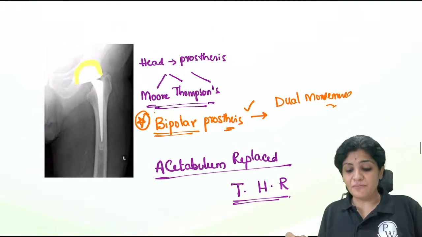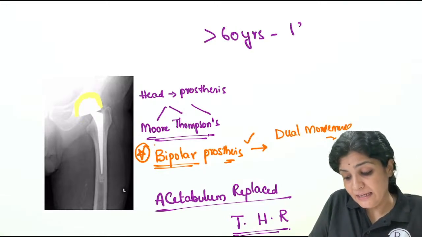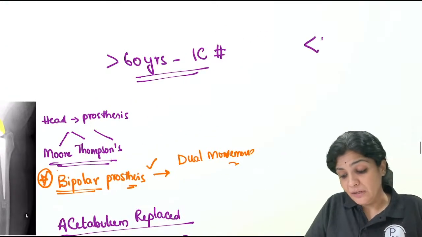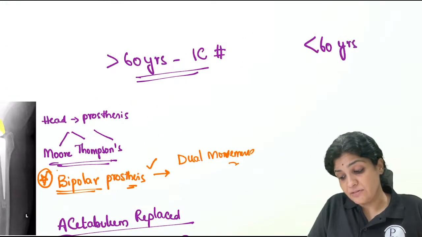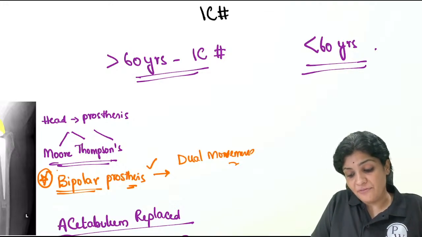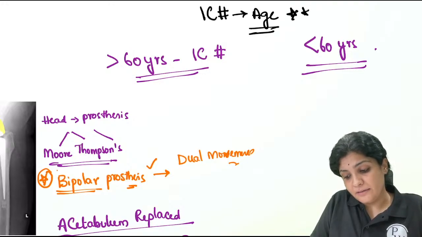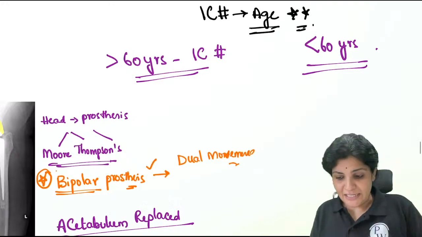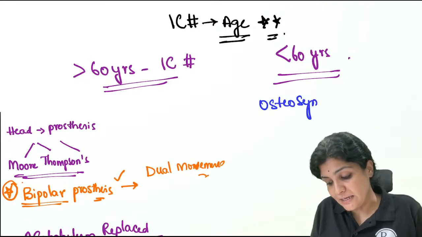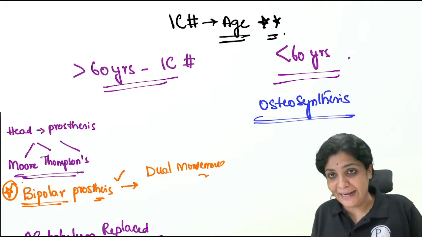So these are the treatments for IC fracture above 60 years. Then you have to ask me what is the treatment below 60 years. Whenever there is something related to IC fracture, age is very, very important. Right? If it is below 60 years, you go for osteosynthesis. That means you will not replace the head, and you will try to fix the head with the